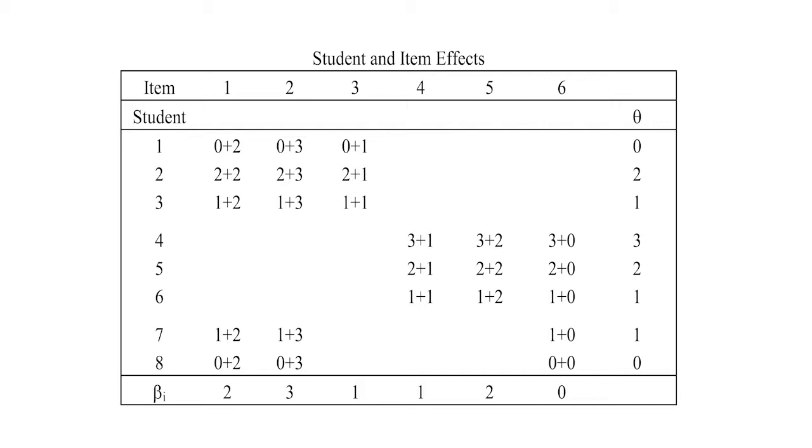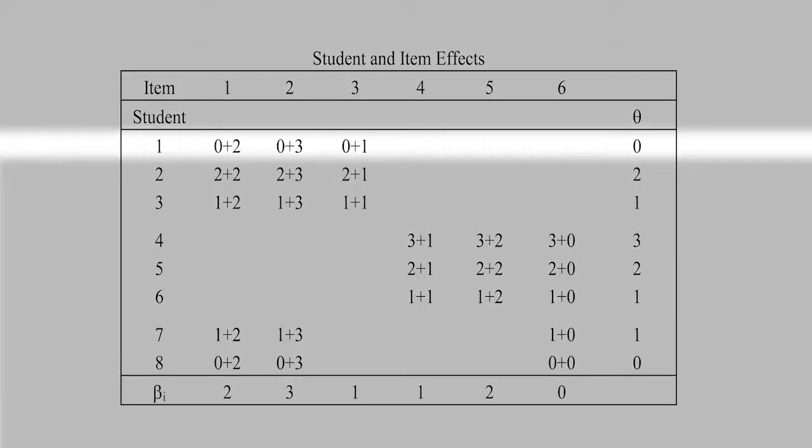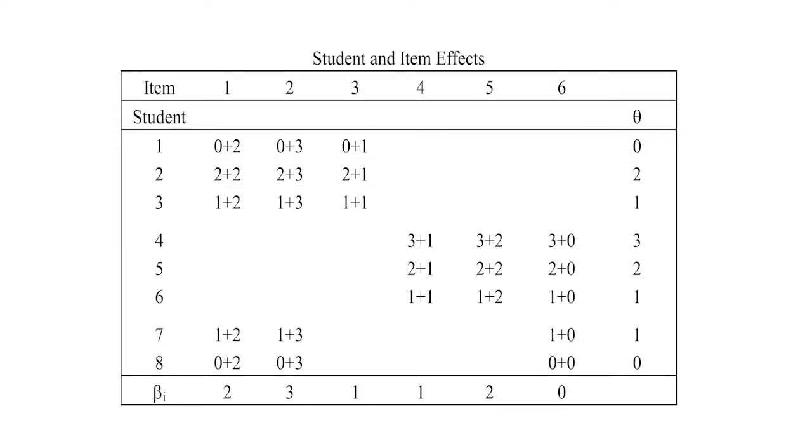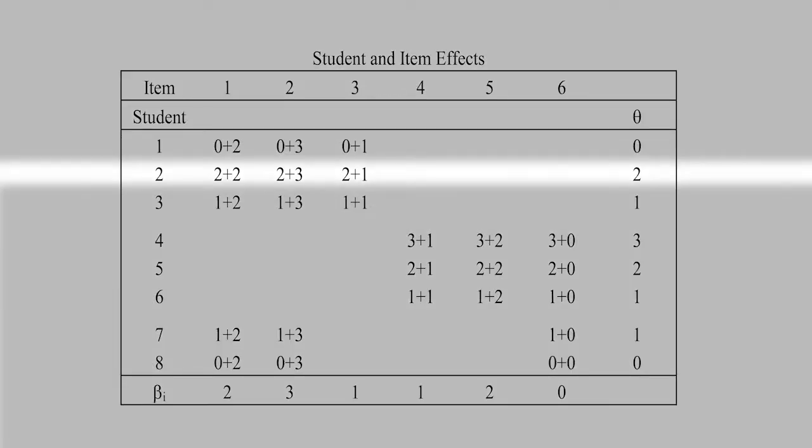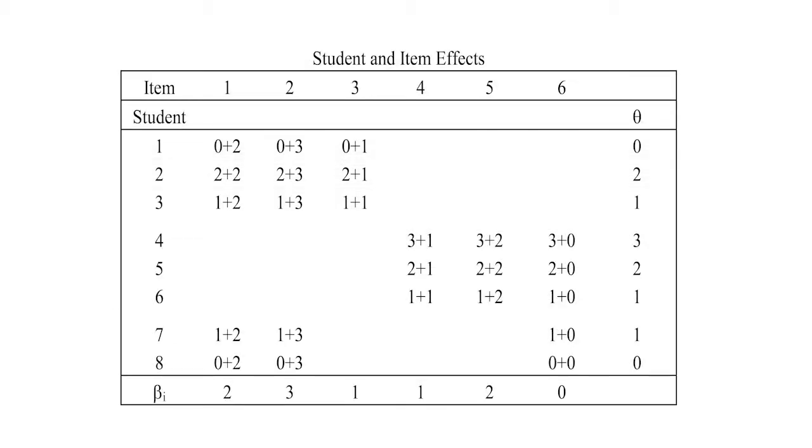What I made up here is a model where I can represent my data as a sum of a student effect and an item effect. If I look at row 1, student 1, you see that the summation in my model always starts with a 0. The 0 is the row effect, the effect of student 1. And so it goes on. The second student has an effect of 2, so there's always a 2 in the second row, and there's always a 1 in the third row, and so it goes on.